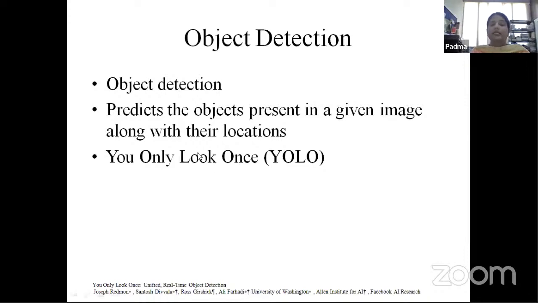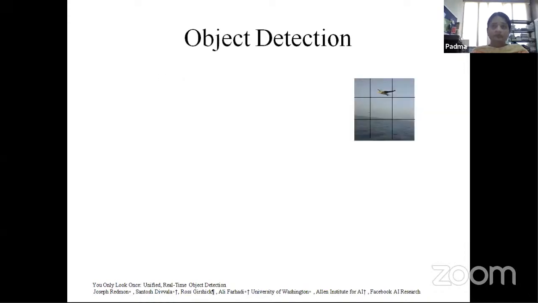Okay, and considering object detection, we do have many algorithms, right? One of the most used algorithms is You Only Look Once, that is YOLO. There are various versions of this YOLO that exist: YOLO V3, V4, V5, and so on, Slim YOLO. There are multiple variations of this particular algorithm. So let us look at the basic one.